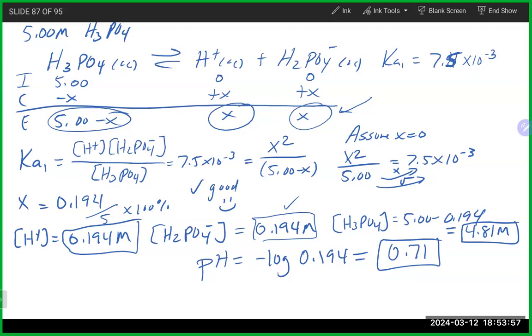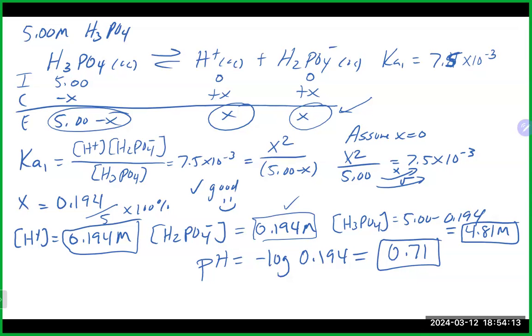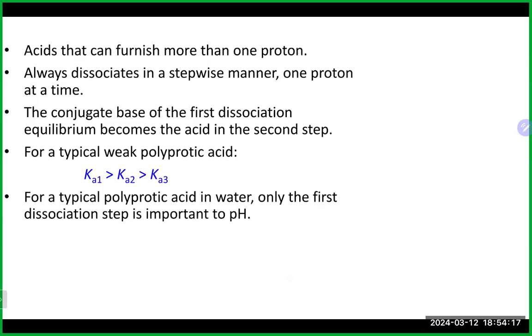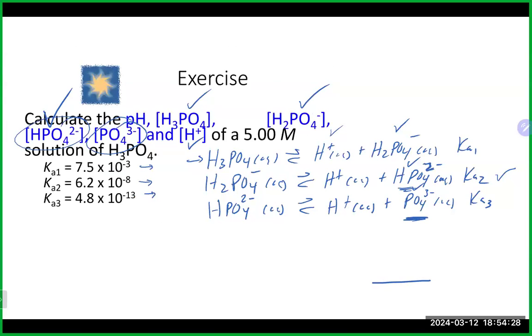In this problem, though, because we wanted the concentration of everybody, we had to go through each of the steps to get there. But again, if you're just looking at pH, all you have to do is do that first step, and you will most likely get the correct answer. Question on polyprotic acids? And that's pretty much what that says. The first H plus is going to be the one that determines how much of the H plus is going to come off. Any questions on that? All right, so that should be